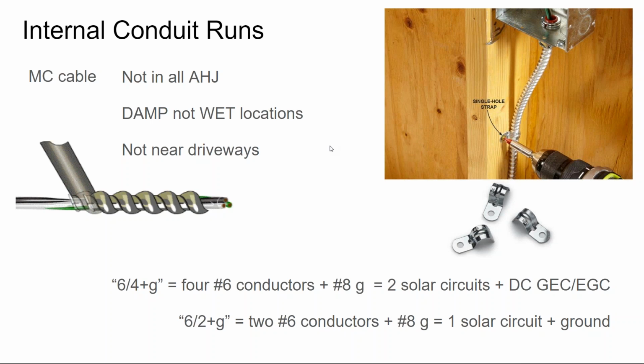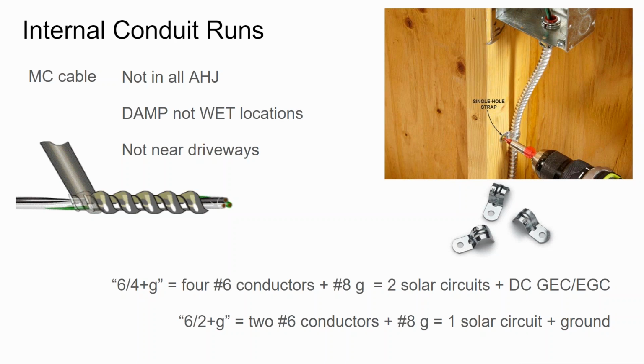So I will use a metal cable called MC cable, and I buy it with the cable already inside. You can make your own out of flexible metal conduit. It's just kind of a pain to pull the cable through this MC cable. And so for my internal conduit runs, I go into the attic, and then I have this flexible cable that I just stick into the box and then take all the way down and come out the soffit and put the inverter on the side, or just come on down into my battery room.